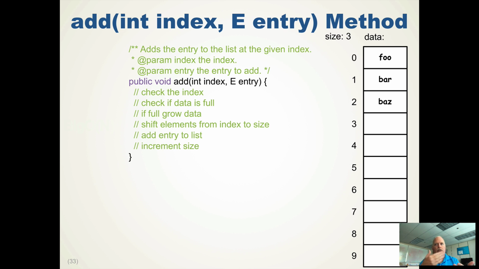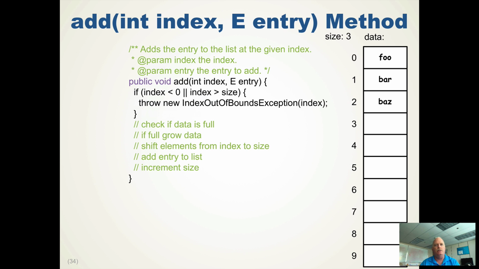But the key is for this one, since we're sticking it in the middle, we have to shift the elements from index to size over 1 and then add the element to the list. We then can increment it, and then since it doesn't have a return type, we don't have to do anything with the return. So we check the index just like we can, and this time note that I can add